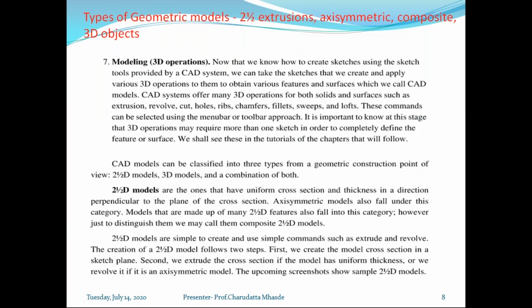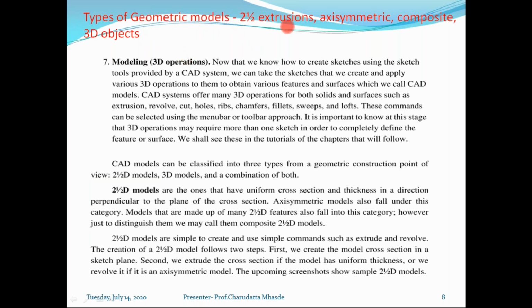Okay, then the next topic I am talking about, which we already covered in the last lecture, so I am not going to go into more detail, is basically types of geometric modeling. There is no difference between geometric modeling, solid modeling, or 3D modeling. All are the same thing. Okay, only the names are changed. So you can refer to geometric modeling as 3D modeling, or it is also called solid modeling.